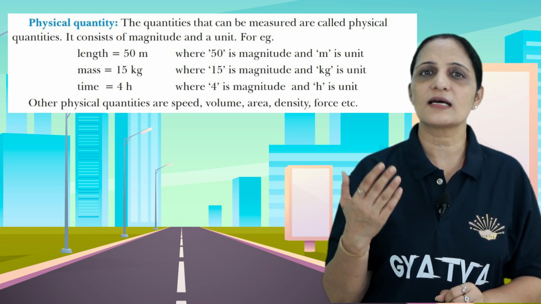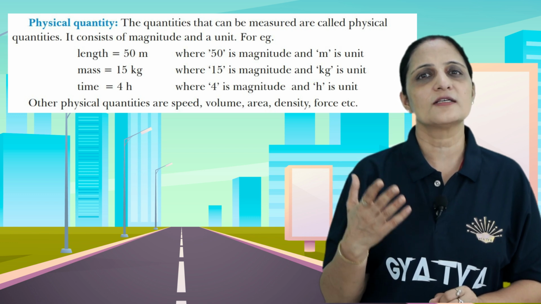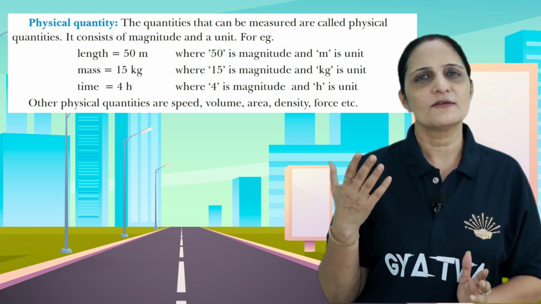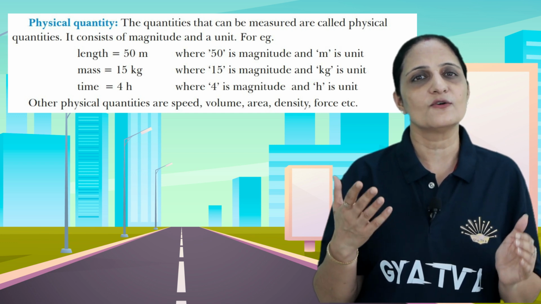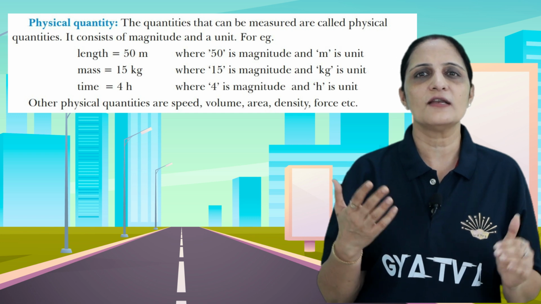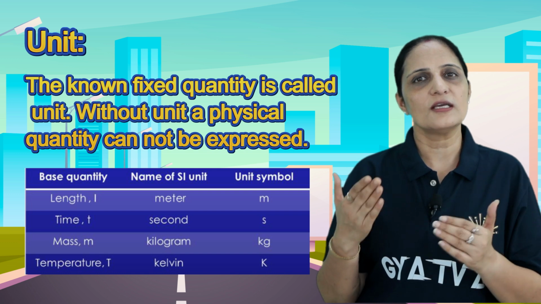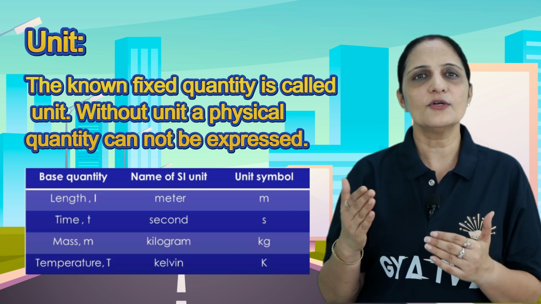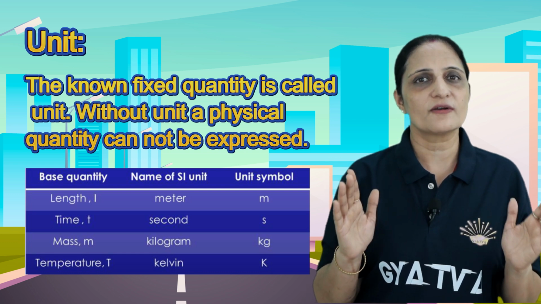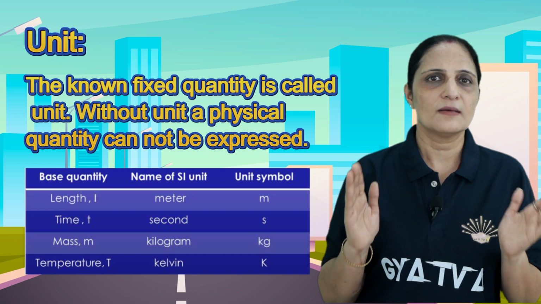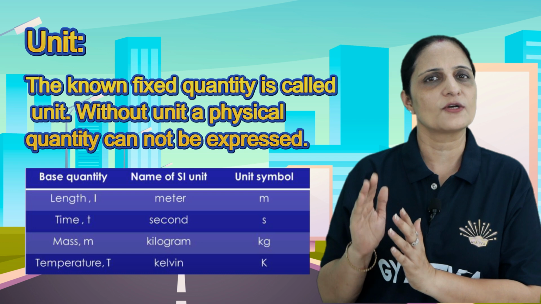Other physical quantities are speed, volume, area, density, force, perimeter, circumference, velocity, electricity. These are all physical quantities about which you will be studying in your higher classes. Unit. The known fixed quantity is called a unit. Without a unit, a physical quantity cannot be expressed, because when we write 5, it means only a number. But the moment you write 5 m, that means you are referring to a physical quantity